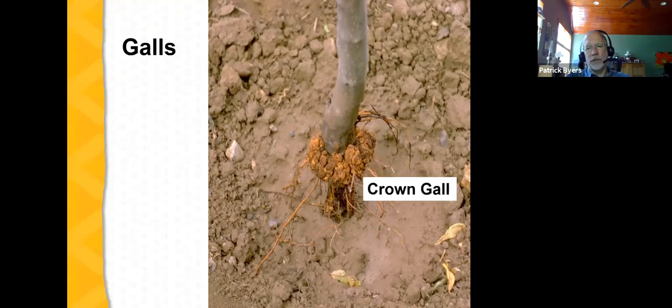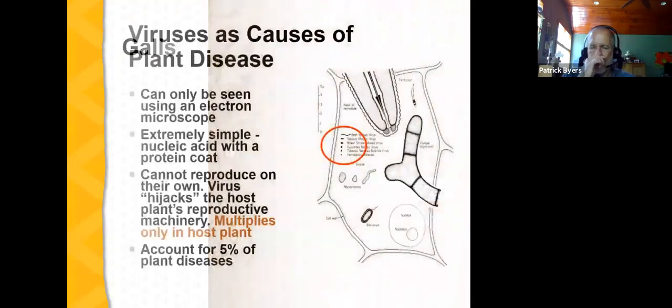And what this particular bacteria does is it actually hijacks the cells with the genetic mechanism within these cells and inserts part of its DNA into the host plant's DNA. And the response then is for these cells to grow uncontrollably. It's somewhat analogous to a cancer in a higher organism. And we can see the effects of that in the formation of the crown gall.